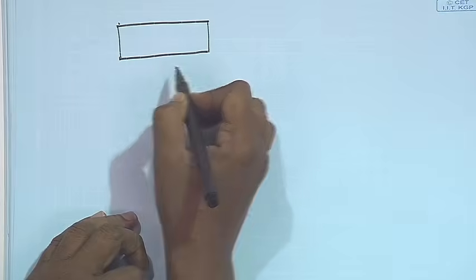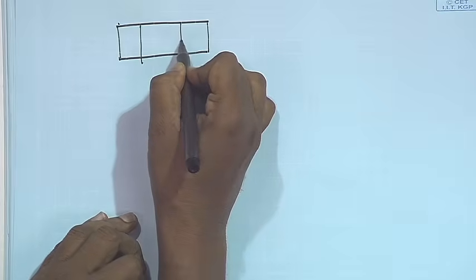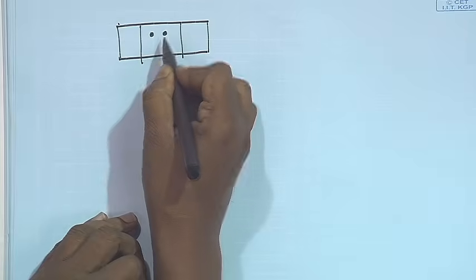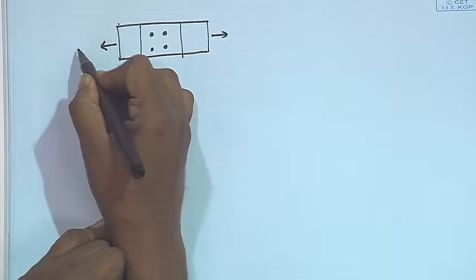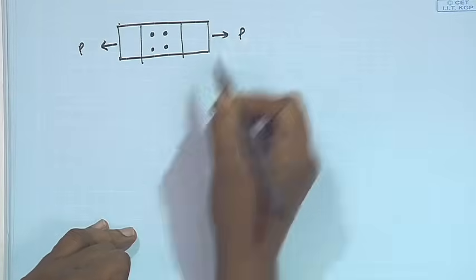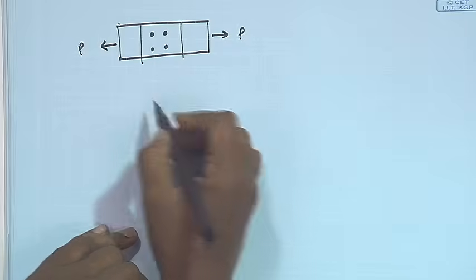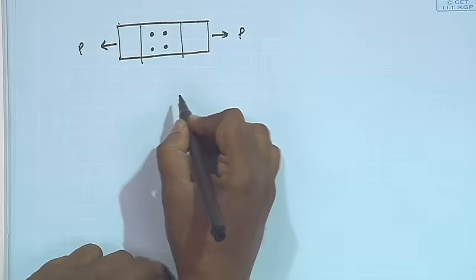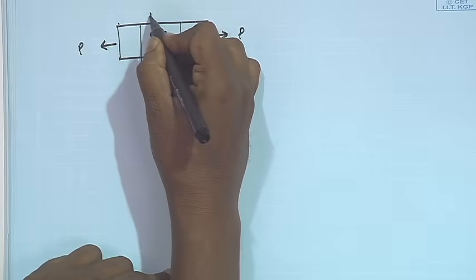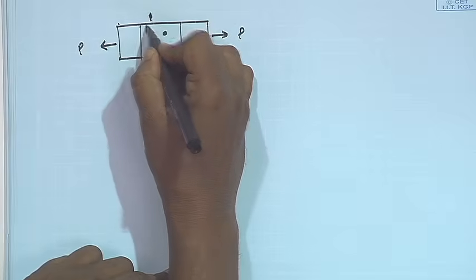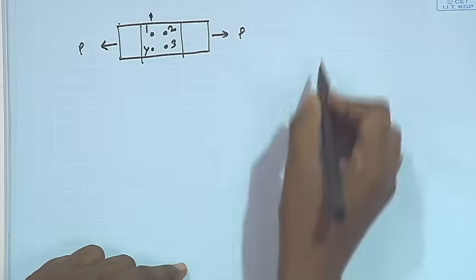If a plate is connected with some bolt connections, say like this, and if axial force is in this direction, then we can see this bolt 1, 2, this is 3, this is 4,